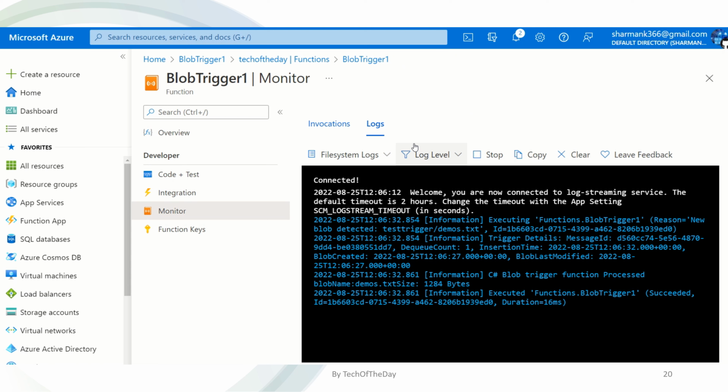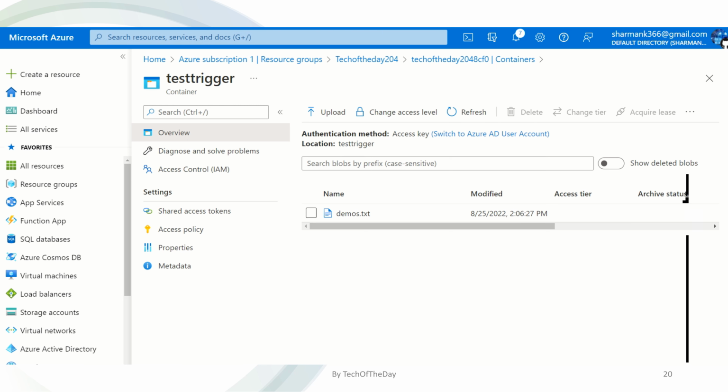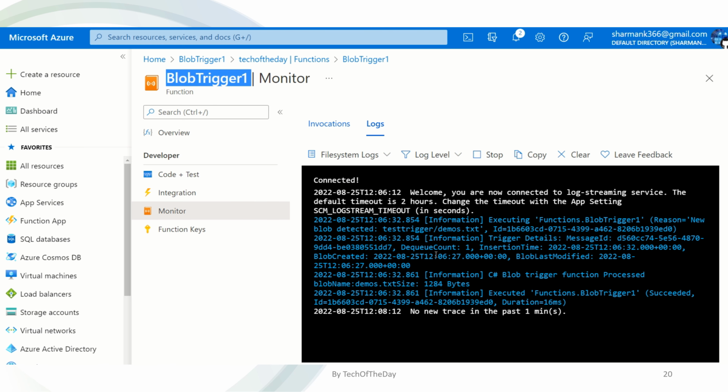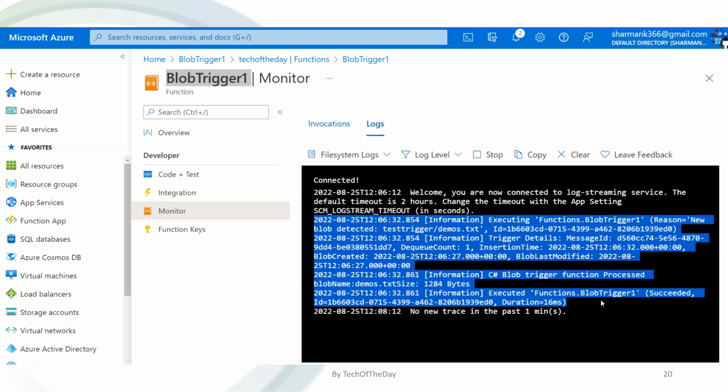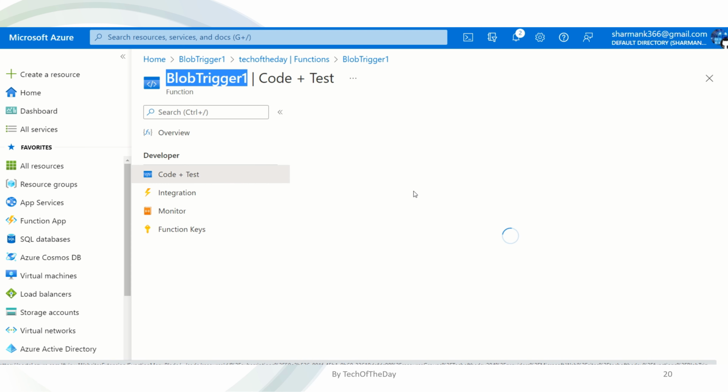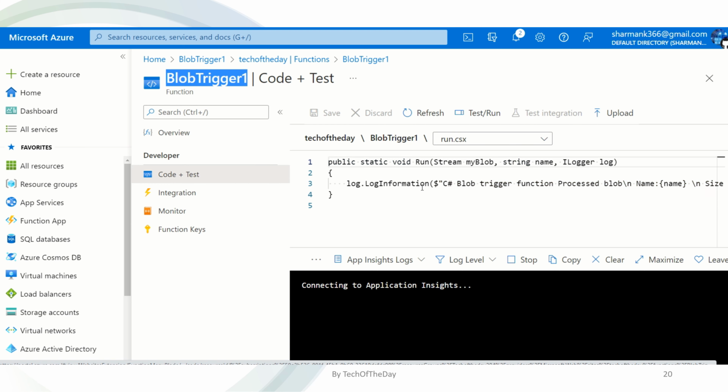Okay, so as you see, we created blob trigger 1, and this was actually here in the test trigger container, where I uploaded a demo.txt file using upload here, and this is a container within this storage account. And if you go here, you see when I uploaded demo.txt, it detected the blob and it triggered the function app. So basically, if I go back to this code and test, what was happening, what we created,